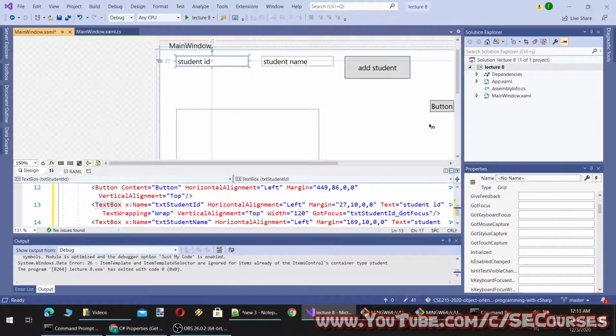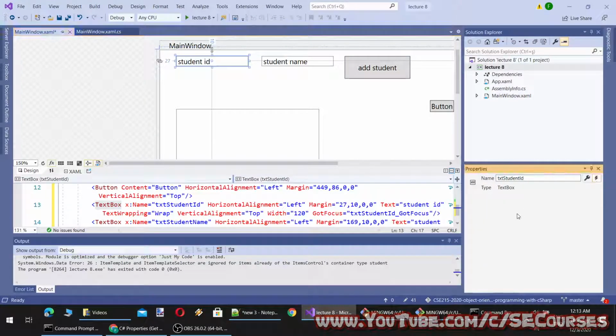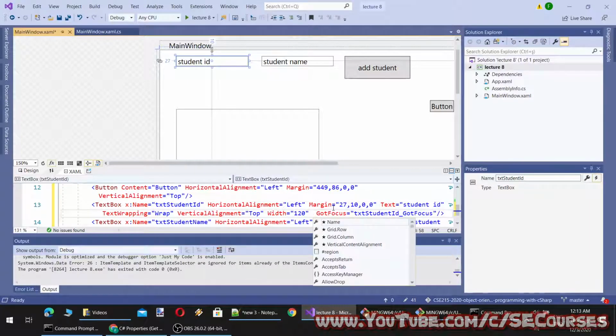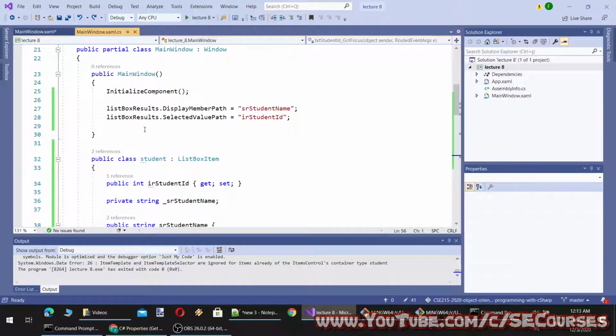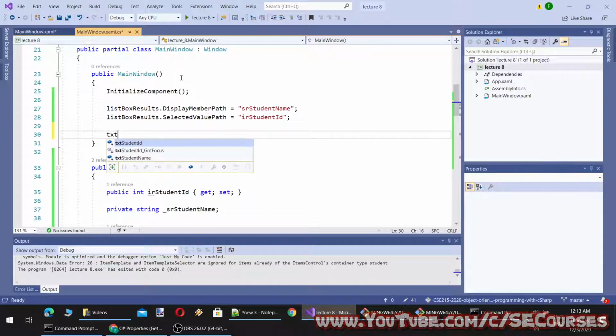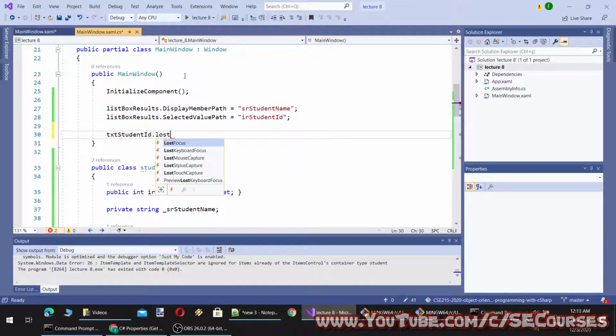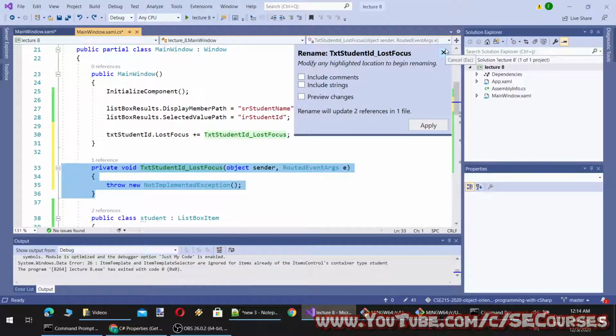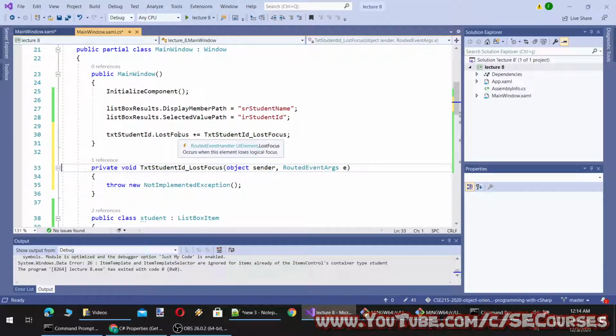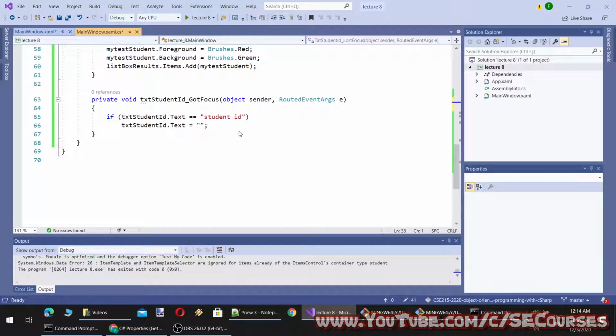Also, when we say it is lost focus here, so you will also learn how to make it like a placeholder. Okay, I will add the other event listener from here, and lost focus plus equal to top. So you see this is an event binding. I have used a top, so this is adding a routed event handler, same as generating from XAML.